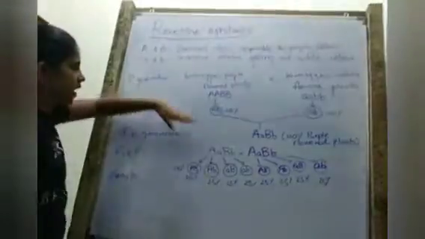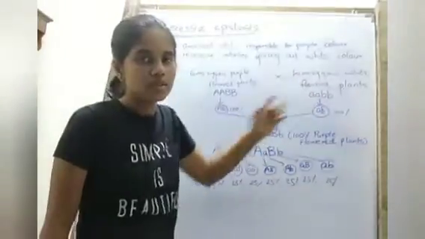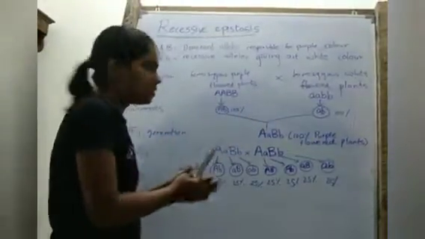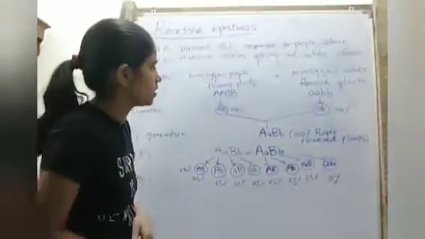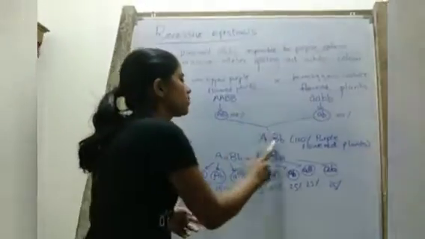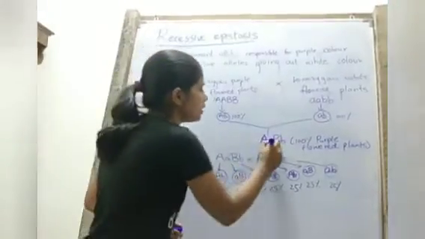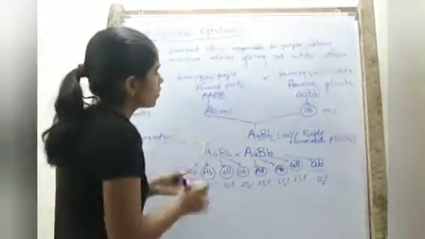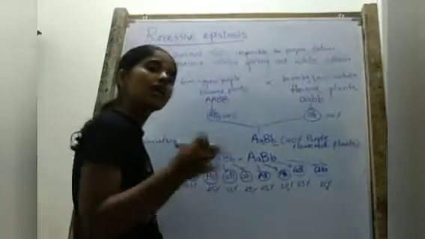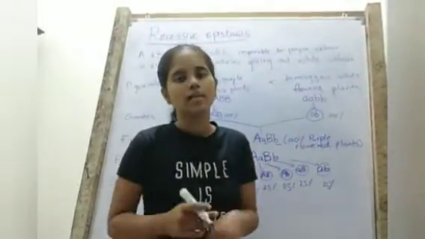And then we can write down the gametes, 100% capital A, capital B gametes. Here also 100% simple A, simple B gametes. And then mating occurs and we can obtain the F1 generation. So here the obtained F1 generation is capital A, simple A, capital B, simple B. 100% purple flowered plants. Though we have the recessive alleles, this is in heterozygous state. So dominant allele is able to mask the expression of the recessive allele and give out their phenotype. So the F1 generation is 100% purple flowered plants.